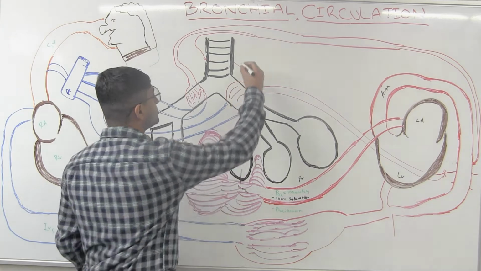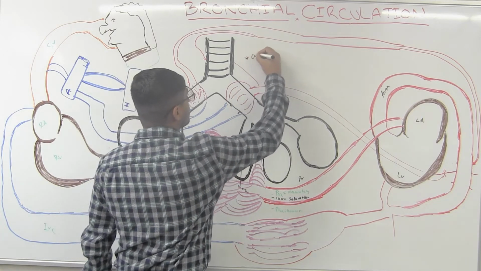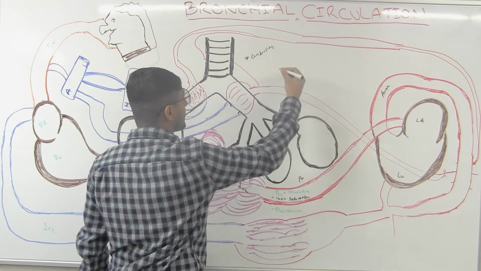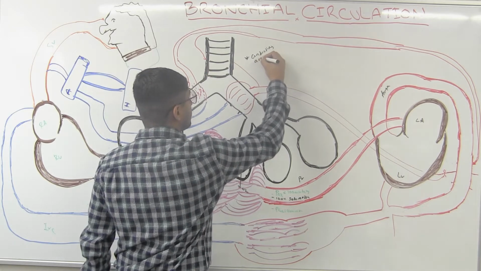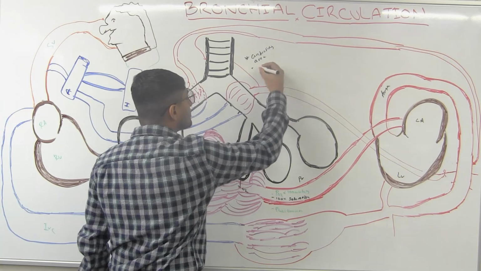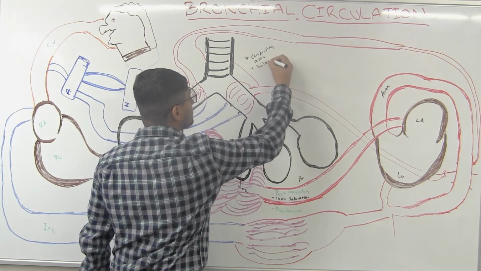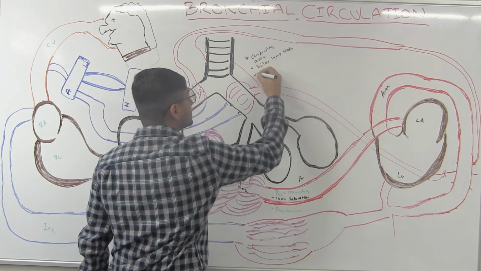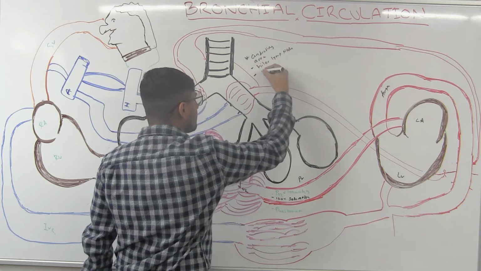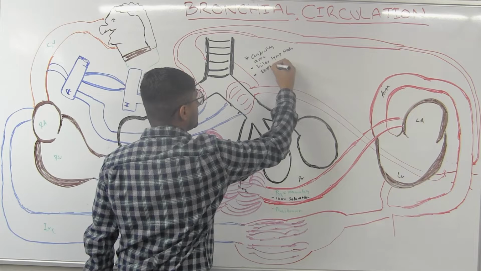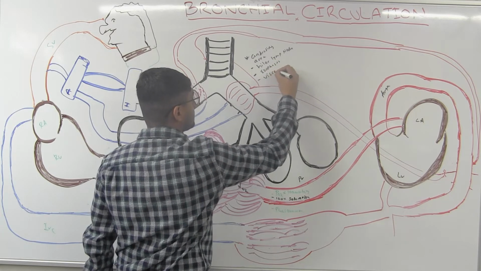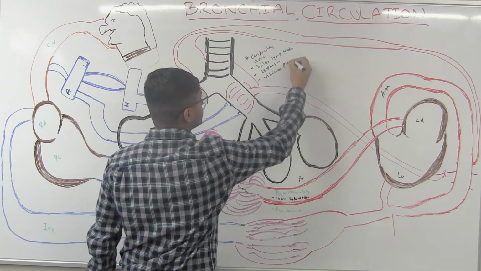and that is supplying the conducting zones, okay. I'm writing down the conducting airways, like all those bronchi, the main bronchus, right? All of them, it's supplying those areas, and also the hilar lymph nodes. It also gives branches for a little bit of supply to the esophagus, and